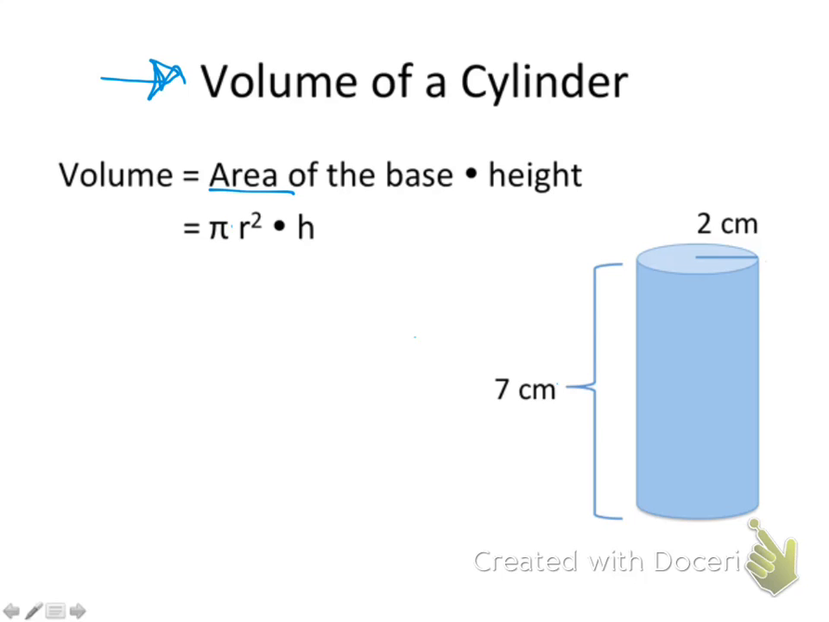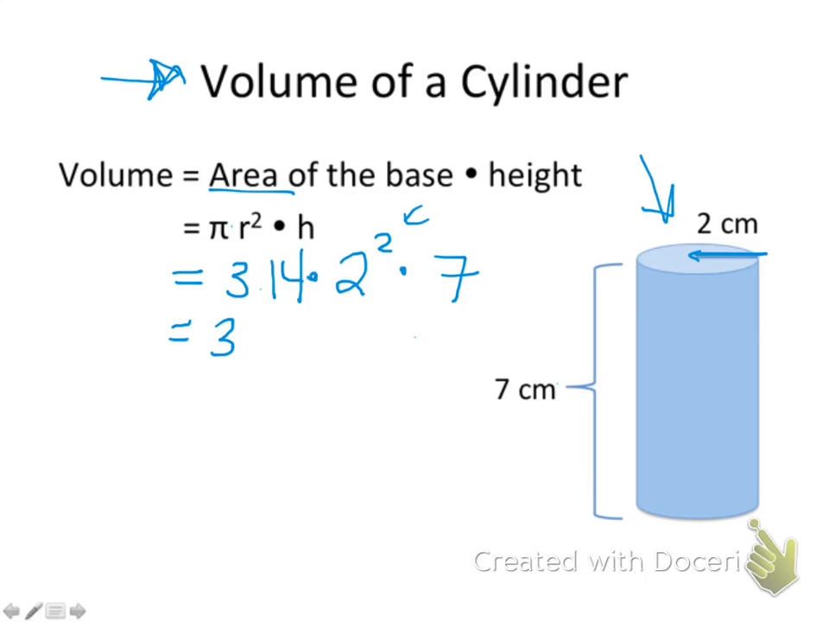So if I was trying to find the volume of this cylinder, I am going to write it is equal to, instead of pi, 3.14 times r, which in this case is 2, because my line here only goes to the middle. So it's times 2 squared times h, which is 7. Alright, on my next line, I'm going to get rid of this squared up here. To do that, I'm going to write